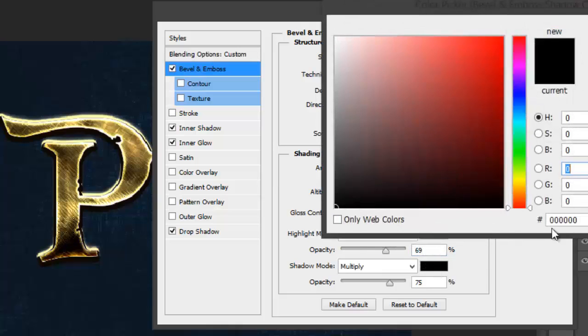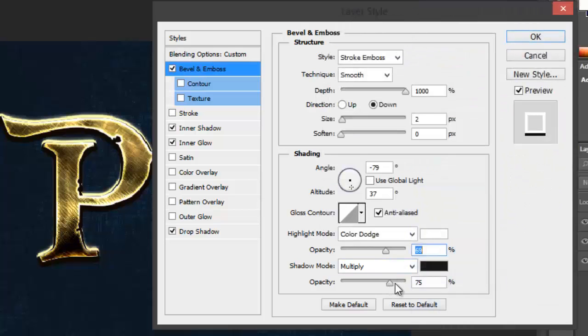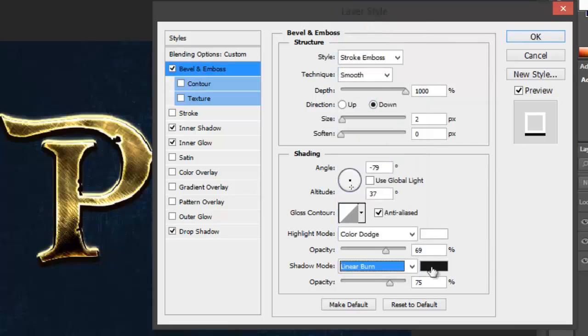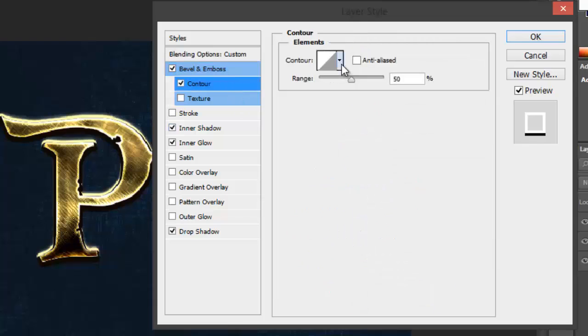Now for the shadow mode, we'll add a color of 171718. Okay, click OK. Now we'll set the blend mode to color linear blend. Now we'll set the opacity to 74. Now we'll move on to contour. We'll set the contour to this one right over here, and we'll set the